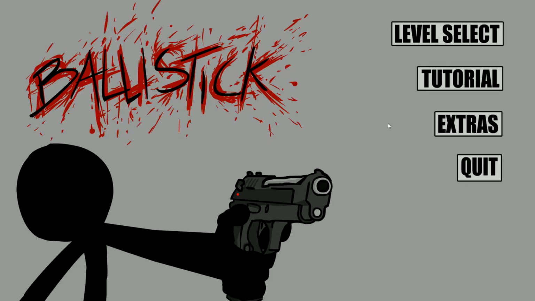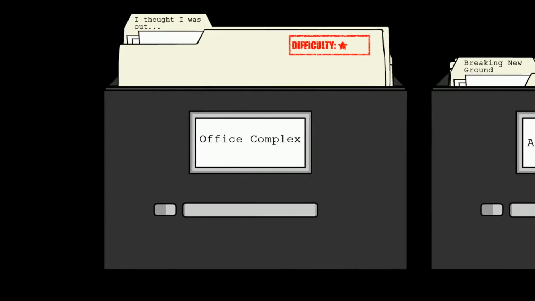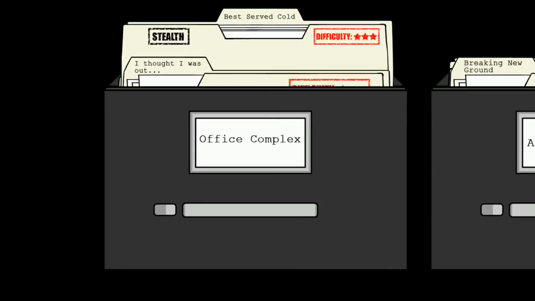The controls for this game are actually kind of interesting, also. I've played a couple of them, but I'm going to start over at the first level. And I'm going to choose the advanced guns, because it's just so much better. With simple, you hit R, you reload. You hit G, you throw your grenade. But, as you'll see here, with advanced,